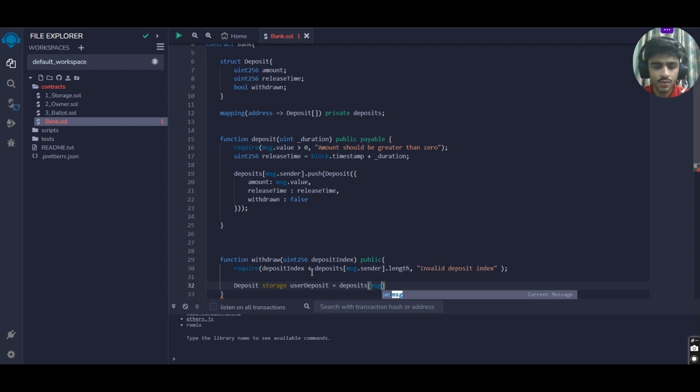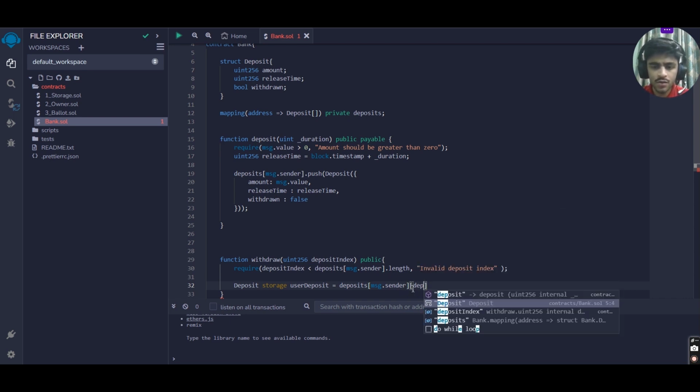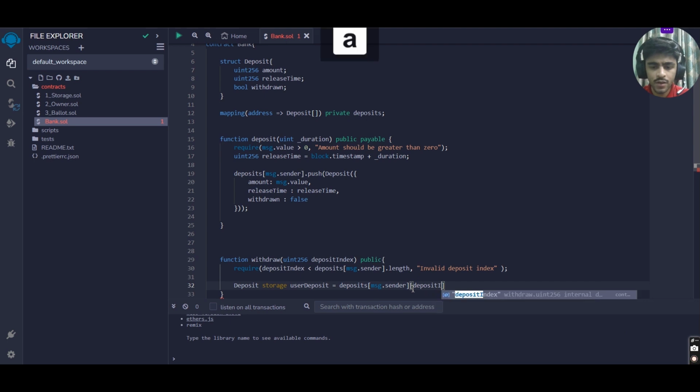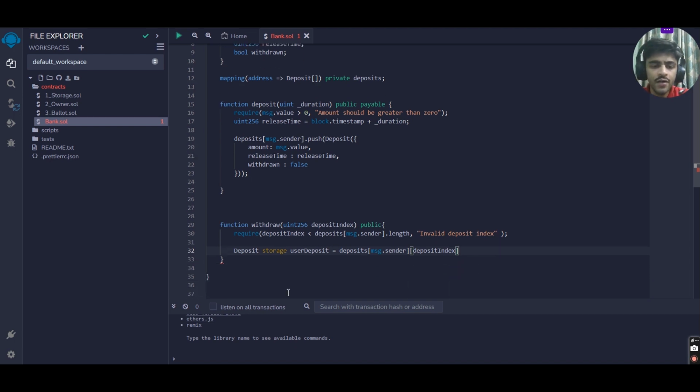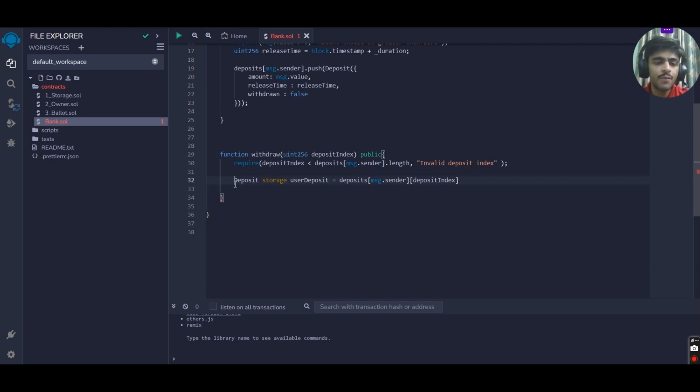Deposits message dot sender, and then deposit index. I hope it's clear. What we are doing here is, this deposit storage user deposit, this helps us because